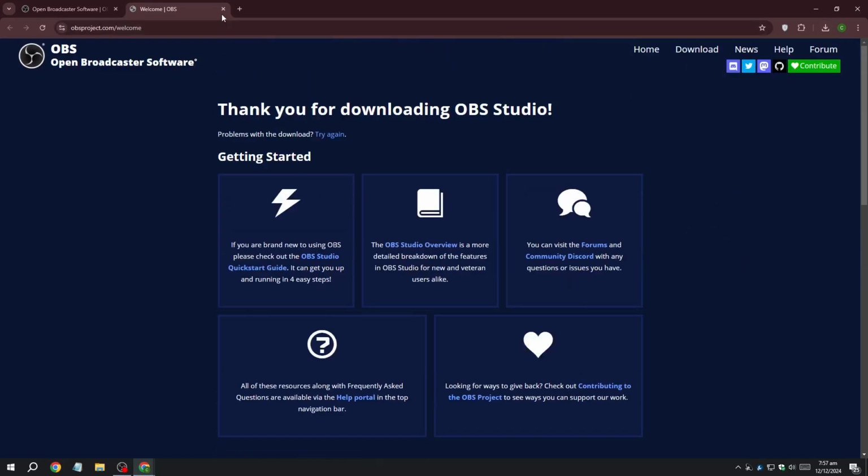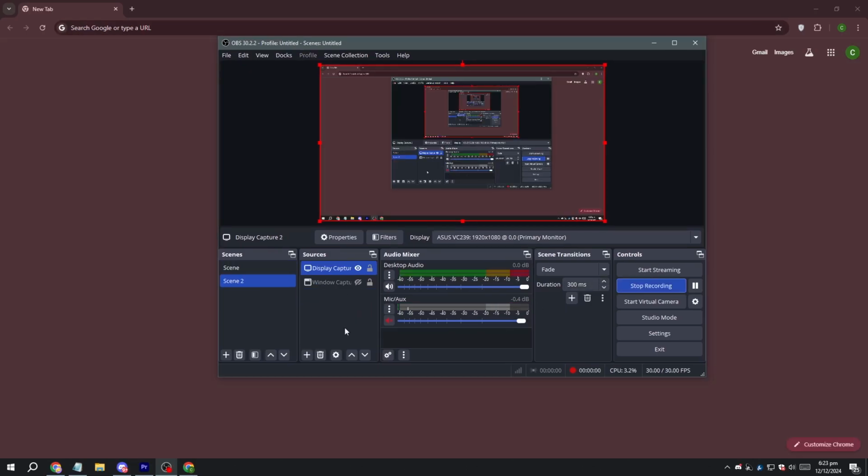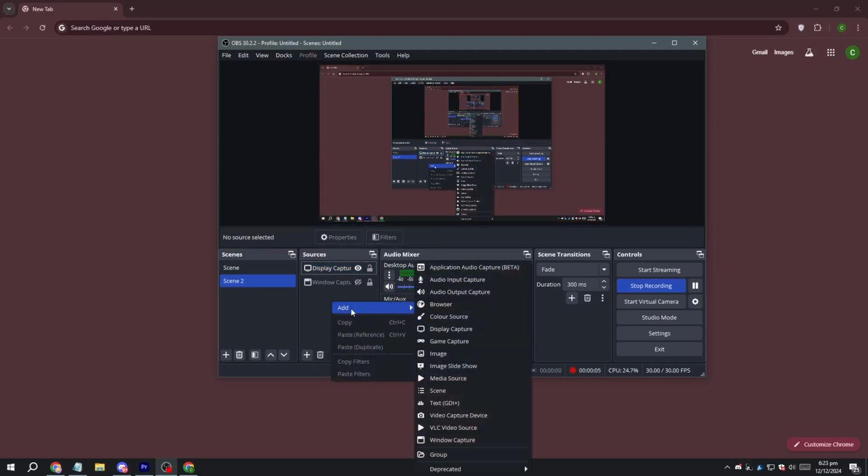So after you install the application, you just need to head over to the OBS here, and now you need to create a scene. So just right click, add, and press OK. Now you have scene 2, and here you just need to click on the plus sign, or either right click